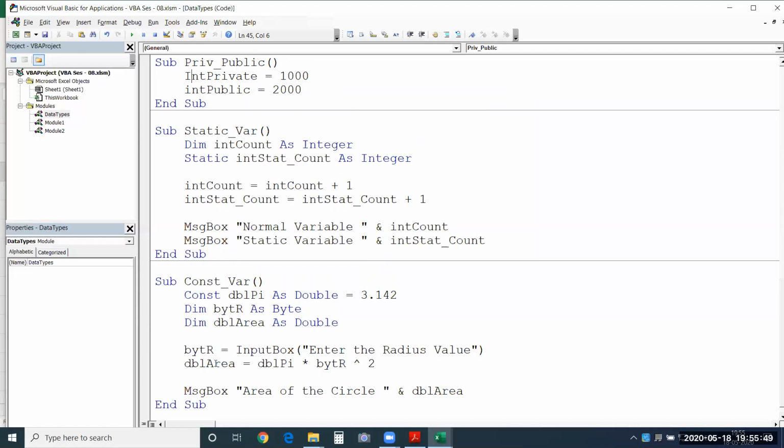So variant is one of the largest memory occupying variables, I can say. If you're not sure of what kind of data you are providing, you can keep it as a variant. But most of the time, you know what kind of value you are going to provide. So it is always better to use a data type so that your memory is managed in a proper way.